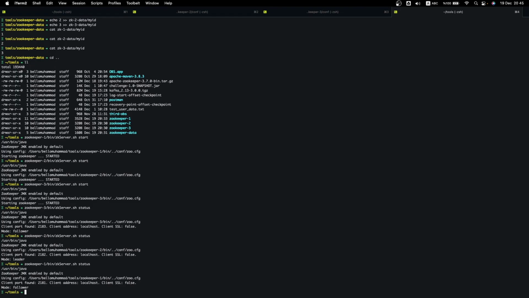Our Kafka is going to connect to these Zookeepers, and it will be working with them. So next we are going to look into installing Kafka. We will configure one node, and then we will also configure the Kafka cluster. So until then, I hope this will benefit someone out there.